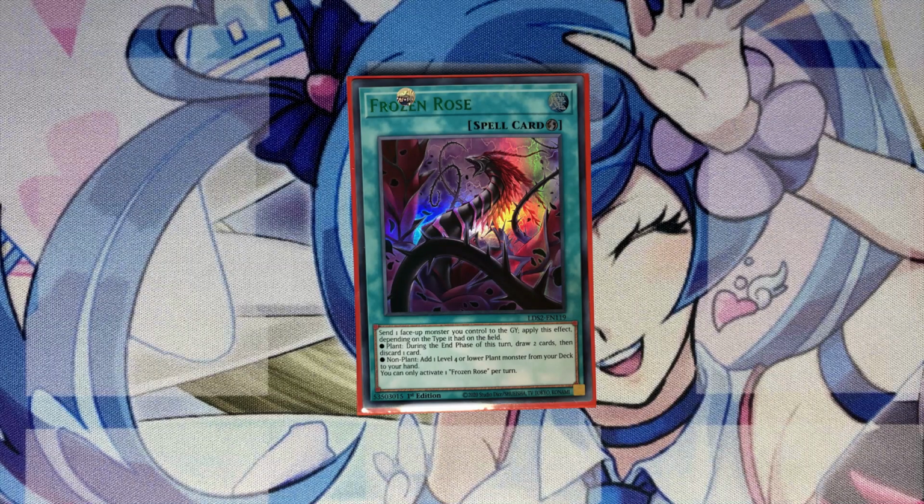So basically what it does is you tribute a monster, and if you tributed a plant monster, during the end phase you're going to draw 2 cards and discard 1, or if you tributed a non-plant monster, you add a level 4 or lower plant from your deck to your hand. Usually what you're going to be tributing with this is your Pisty, if you cannot go into Heavenly Spheres, or if you have enough monsters to go into Heavenly Spheres without Pisty,